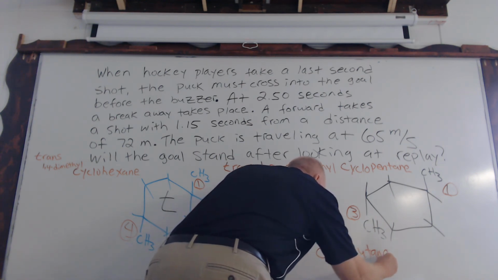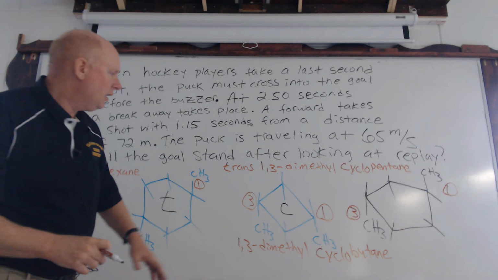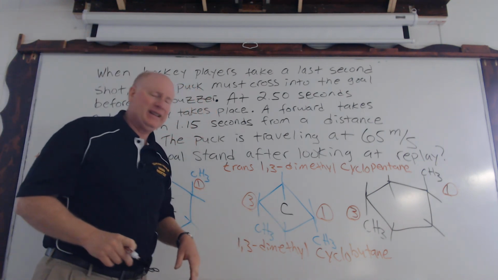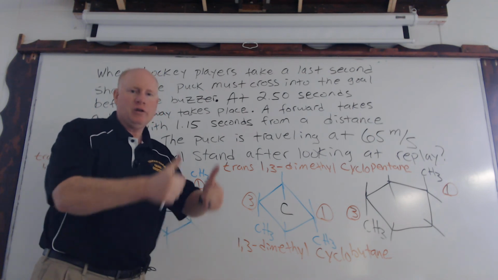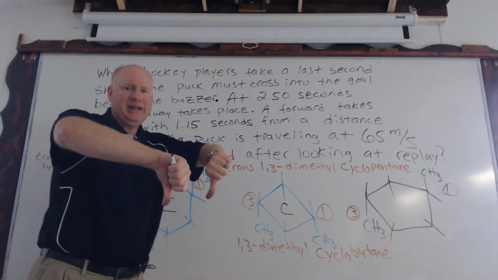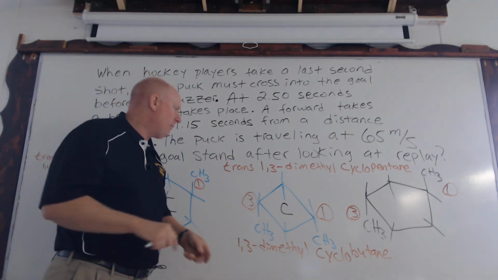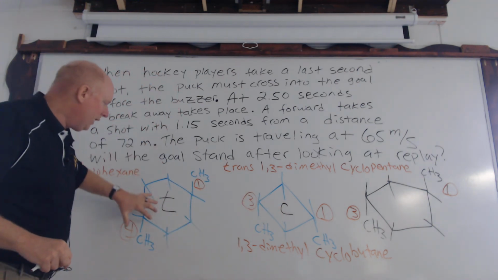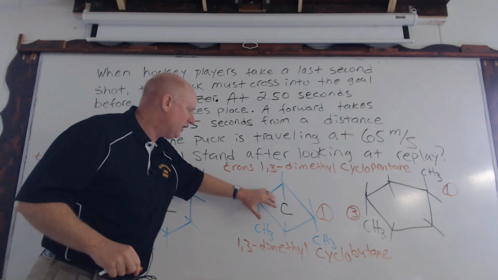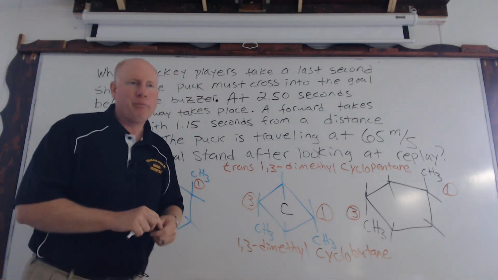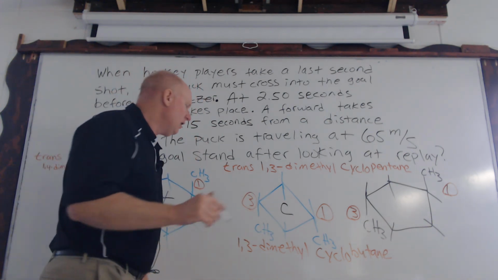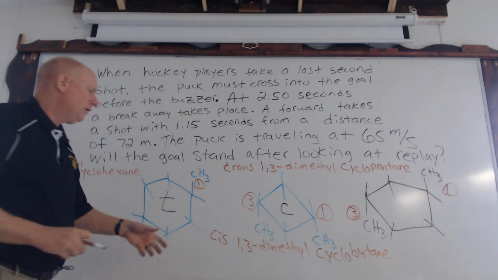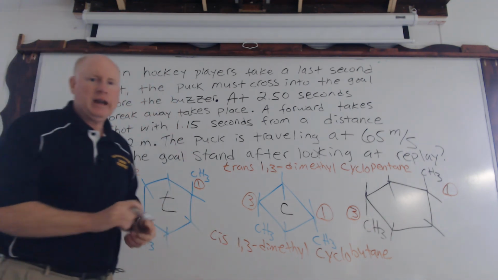Then the last thing we need to denote, these two derivatives, they're pointing in the same direction, so they're either both pointing up or both pointing down. So when that happens, this is a trans isomer, this one is a cis, because these methyl groups are both pointing in the same direction. So the last thing we do is put cis-1,3-dimethyl